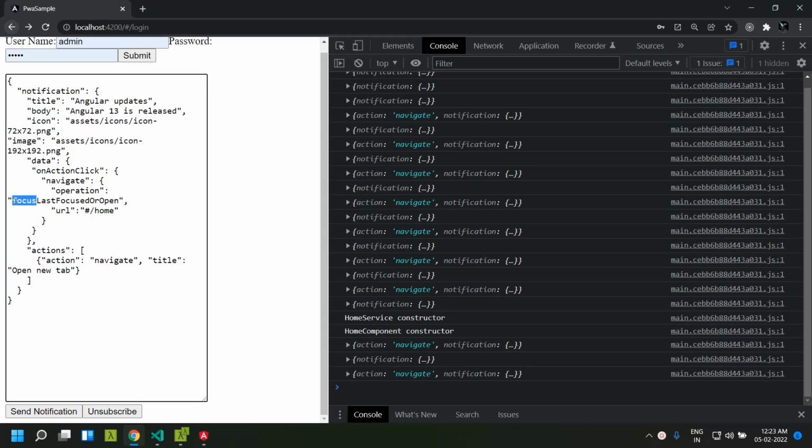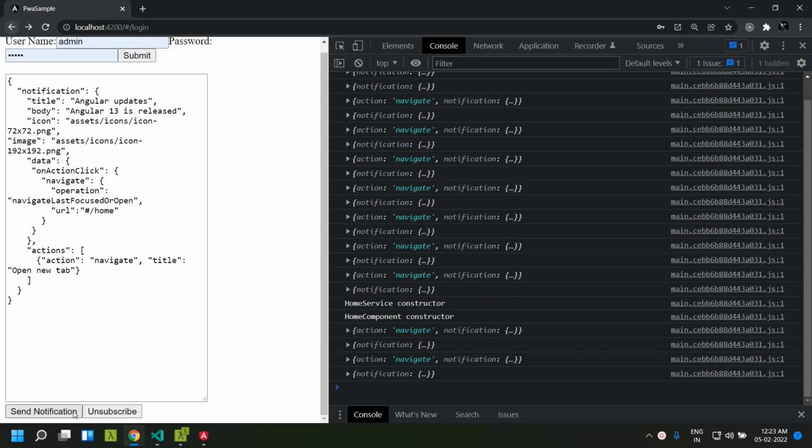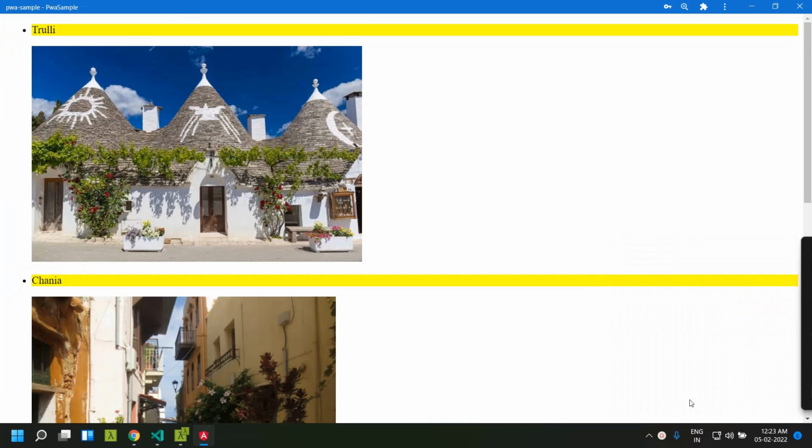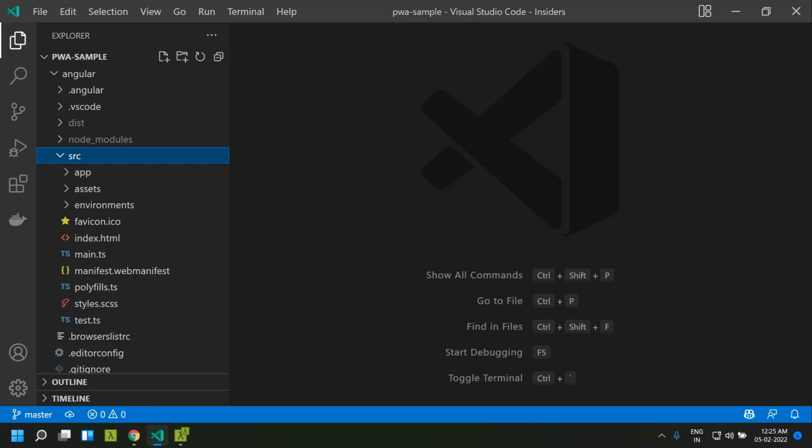And another option is the navigate last focused or open. So this is similar to the previous one, but the thing is that instead of focusing, it actually navigates to that particular URL. Now let's take a look at another concept that is closely related to the PWA, that is